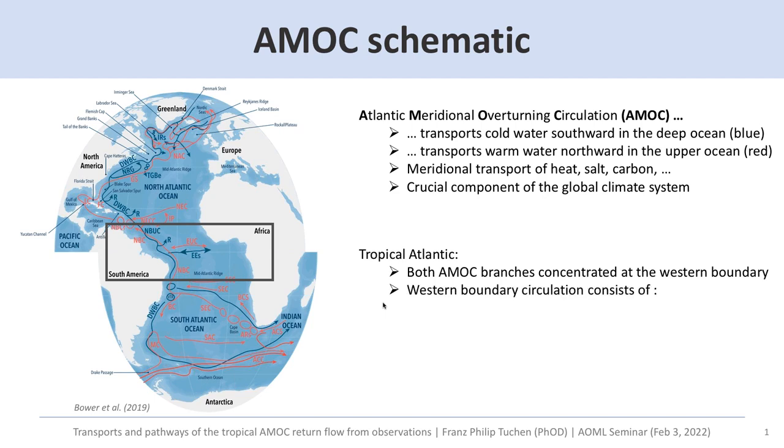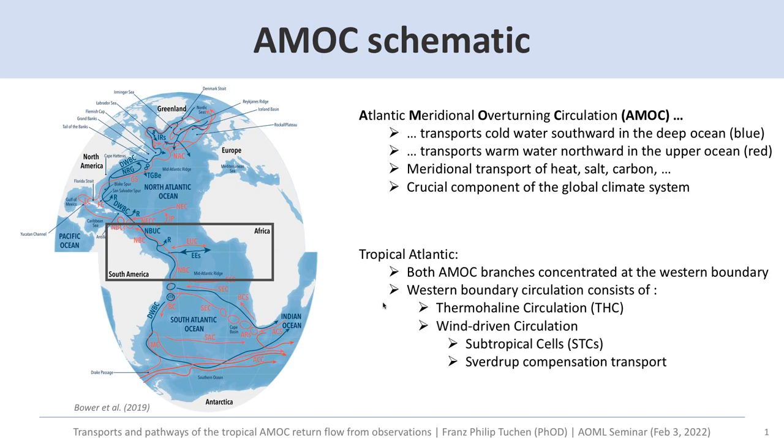And in fact, the western boundary circulation in general in the tropical Atlantic consists of three components, which are the thermohaline circulation on the one side, and of course the wind-driven circulation on the other side, which then further consists of the subtropical cells, or the STCs, and also a compensation transport for the interior Sverdrup balance. And especially this superposition of these two components, the THC and the STCs, is quite interesting to observe in